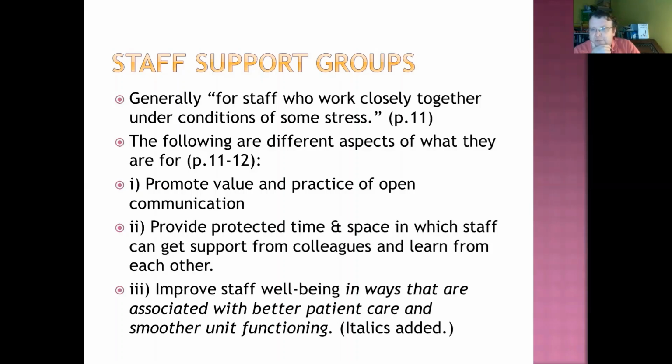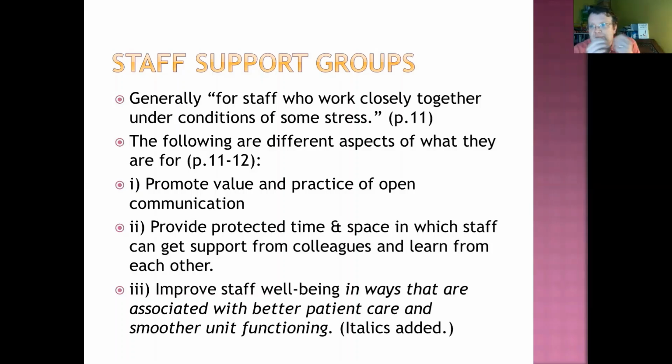Thirdly, they should improve staff well-being in ways that are associated with better patient care and smoother unit functioning. Notice I've put some particular parts there in italics myself. And the point about this being that I really want to focus on this, and it's something that for anyone who's run these groups or maybe been in this type of group, will have some experience of maybe where a group might start to move towards more of a sort of therapeutic group,